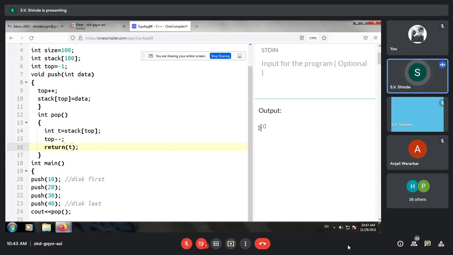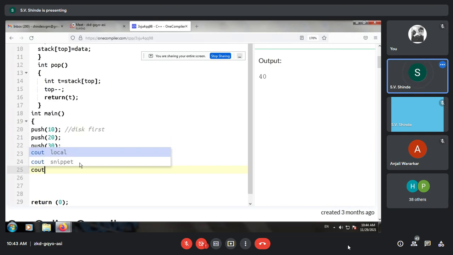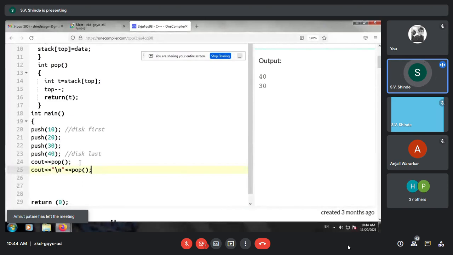Yes, you can see the output. The last element which was pushed on the stack is 40. So your first pop is returning 40, that is the top of the stack. Now if we move to the next statement and pop one more value, let us check what will happen. Yes, participants, you can see after 40 the next value popped is 30.